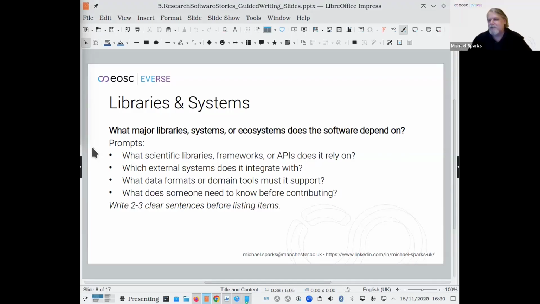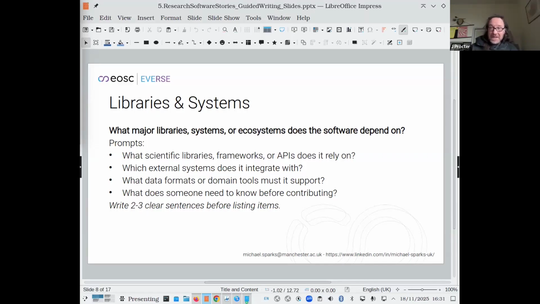So let's move on to libraries and systems. What sort of libraries, frameworks, or APIs do you depend upon, and data formats, etc.? So we depend upon a lot of the public bioinformatics infrastructure APIs. Jalview has clients for all of those, and so those are web APIs. Can you name a few of them? Yep. For us, EMBL-EBI, UniProt,